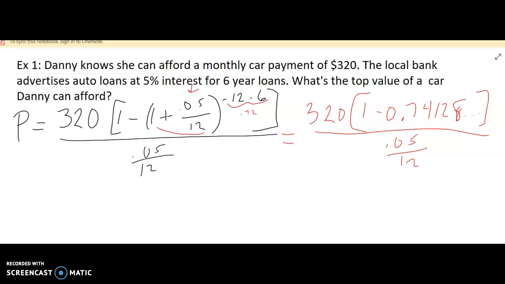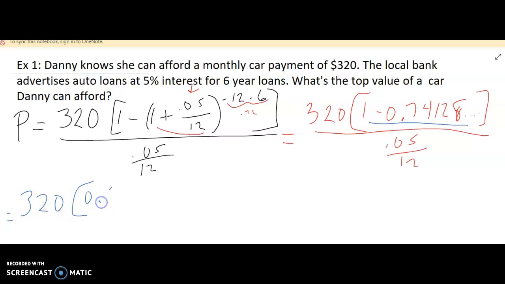Right, so that's the first step that I did. I kind of did all of that together. Again, 0.05 divided by 12 plus 1, and get an answer. Then raise that to the negative 72nd power, and you get 0.74128, and it keeps going on. Now, I'm going to take my calculator and do the inside here. So I'm going to hit 1 minus the answer. Most calculators have a way to hit second answer, or just keep it to these 5 decimal places. But I'm going to have approximately